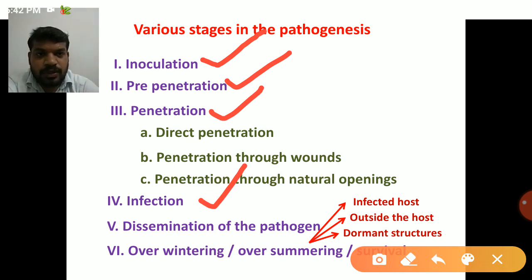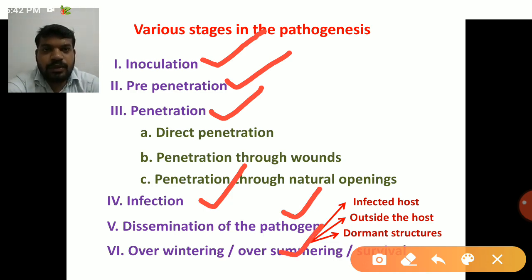Next, dissemination of the pathogen. In this step pathogens disseminate from an infected field to a non-infected field, or from an infected plant to a non-infected plant. Last one is overwintering or oversummering. After the end of a particular crop season, the pathogens overwinter or oversummer on another source, that is soil, plant debris, or